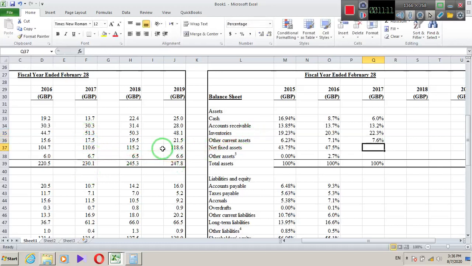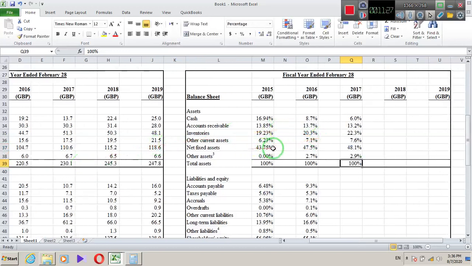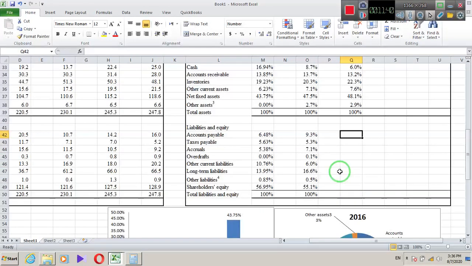You should calculate every element in this table. That is the calculation of every. And here in every year's balance sheet, if we look, the percentage of net fixed asset is higher than all the other elements that exist in this statement. So we can use this way also.